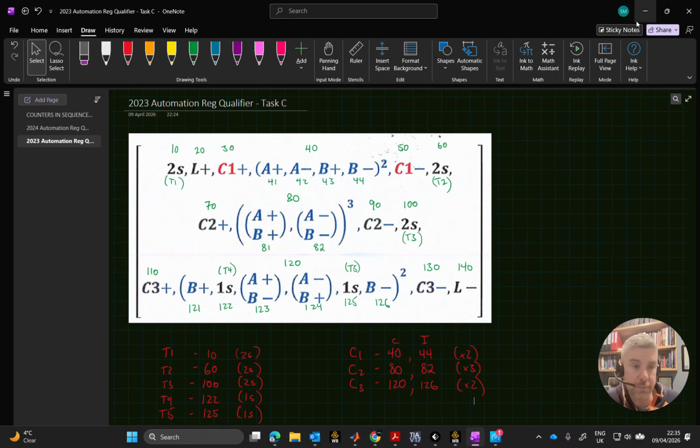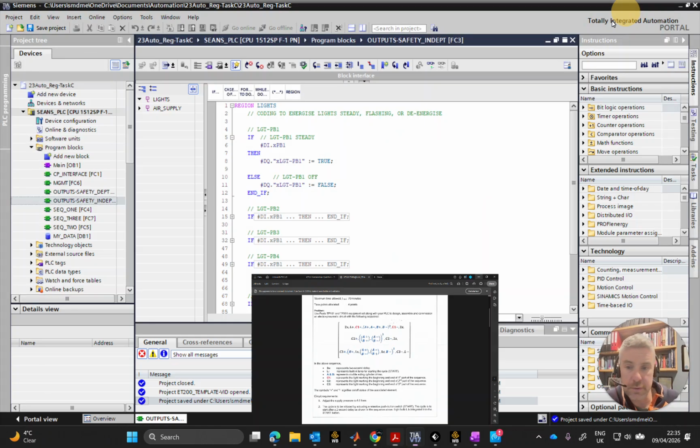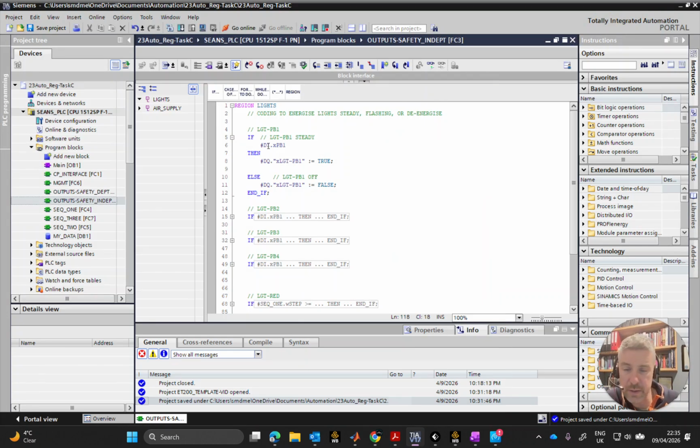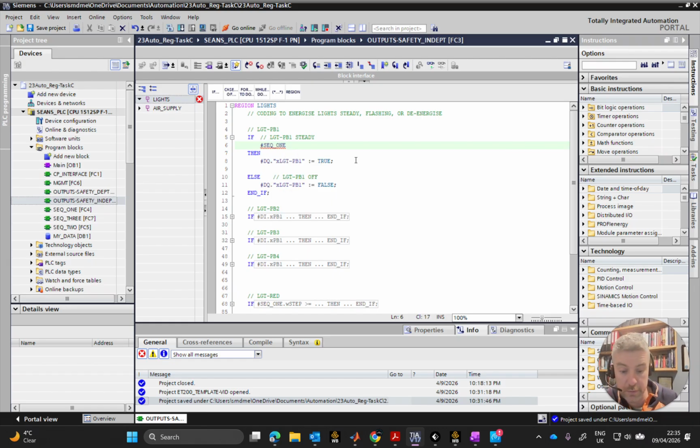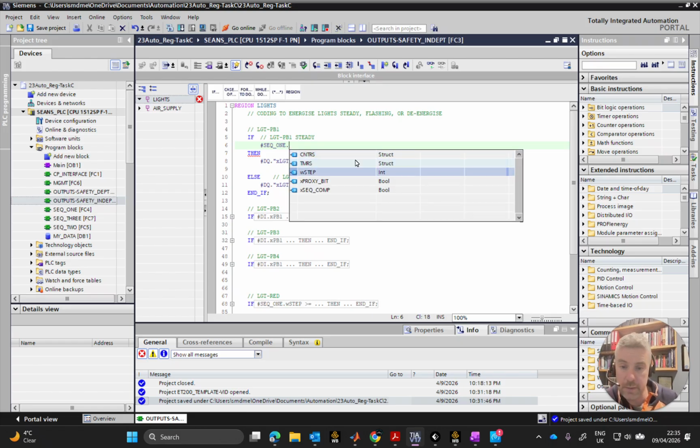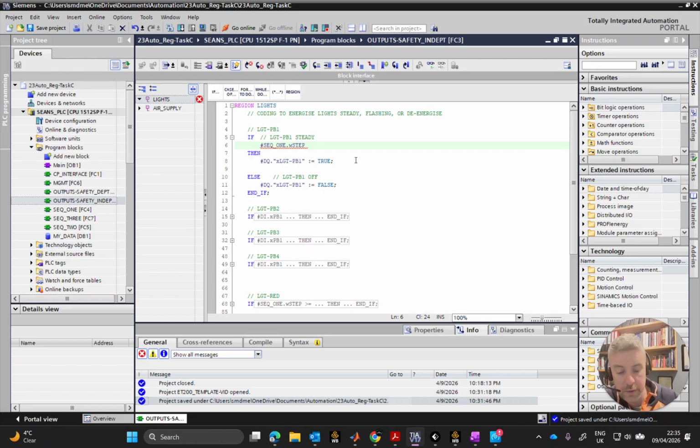Right, so this is going to occur for me. L1 comes on in step 20. Right, so what I'm going to say in this is not if PB1, but I'm going to say if my sequence, caps lock, this is going to be sequence 1 for me, sequence 1 dot W step is greater than or equal to step 20,